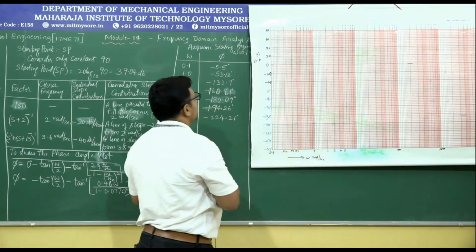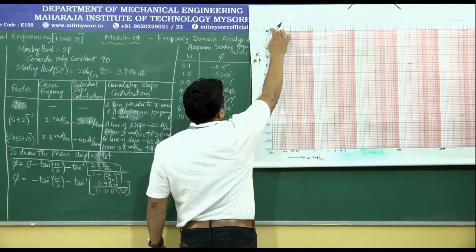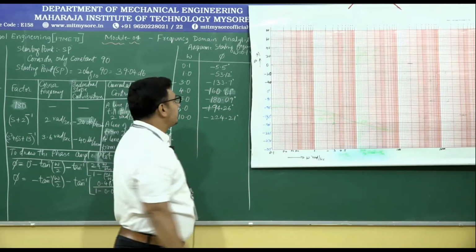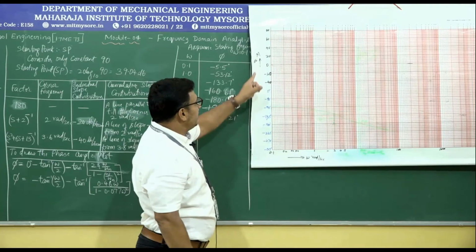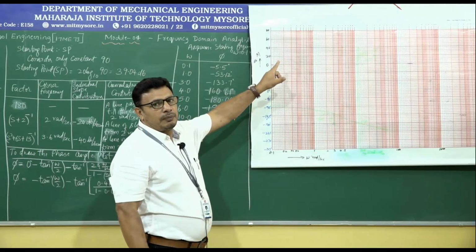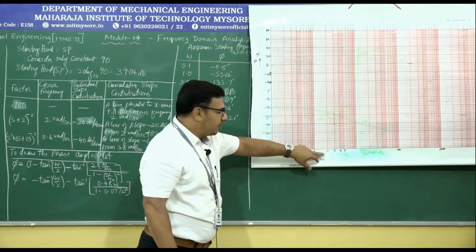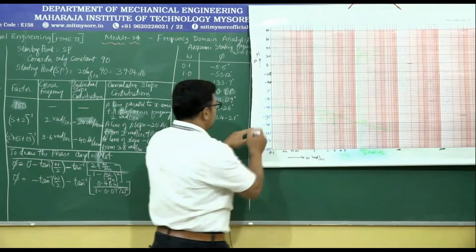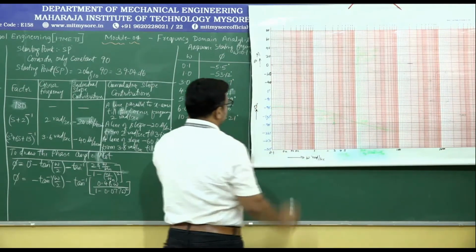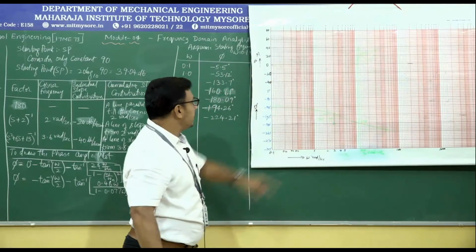Now again, you can start from 80, 60, 40, 20. The one major portion you can give it as 20 decibels in the magnitude plot. See, magnitude versus frequency plot has to be drawn in the top portion of the semi-logarithmic sheet, and phase angle versus frequency must be drawn in the bottommost portion of the semi-logarithmic sheet. Okay, phase angle versus frequency, magnitude versus frequency.